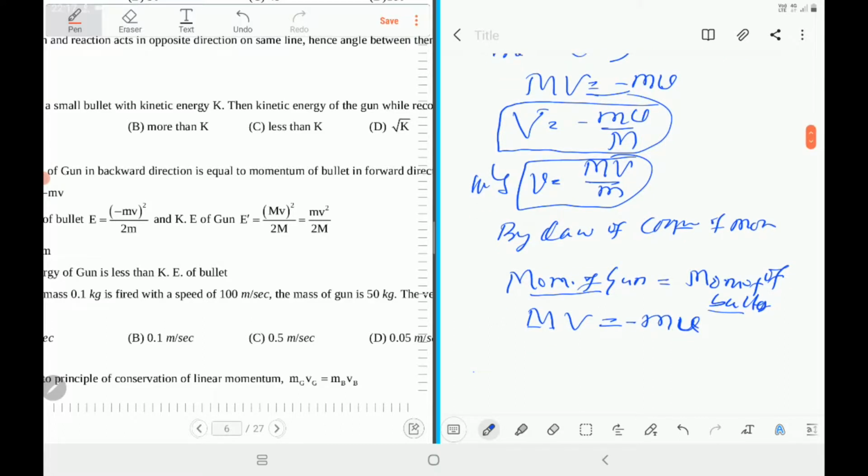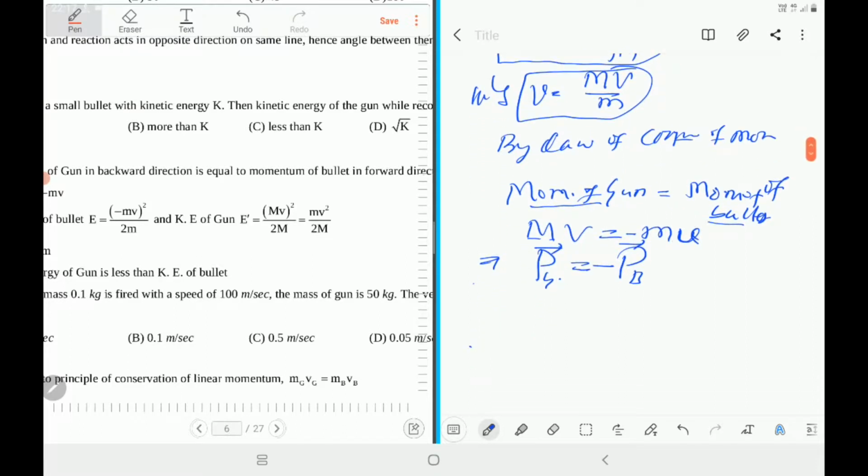So this implies the momentum of the gun is equal to the momentum of the bullet, but they are in opposite directions. If one is to the right, the other is in the opposite direction, left. But what is kinetic energy? The kinetic energy relation is K equals half mv squared. You have learnt about this type of calculation, this relation and interrelations for this in different chapters in first PUC.